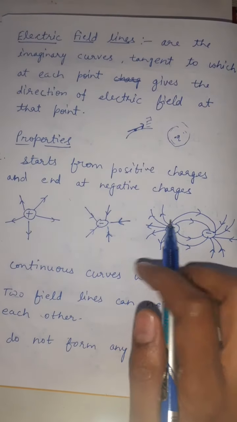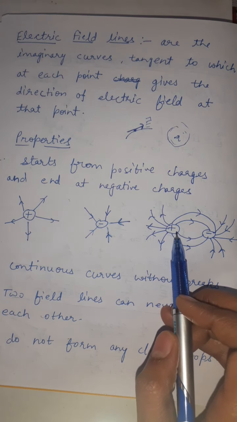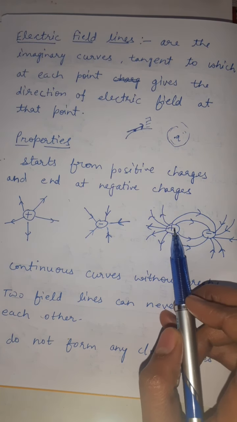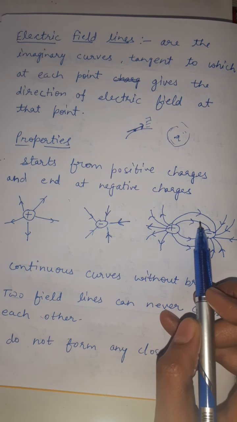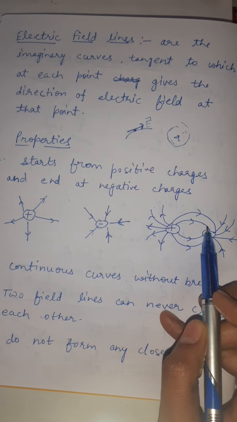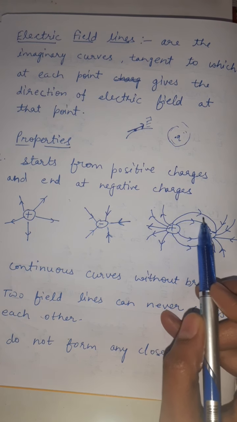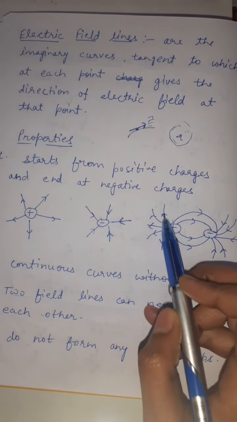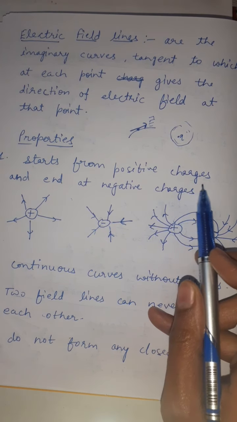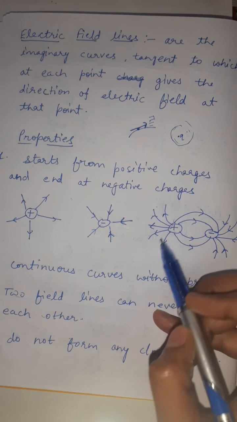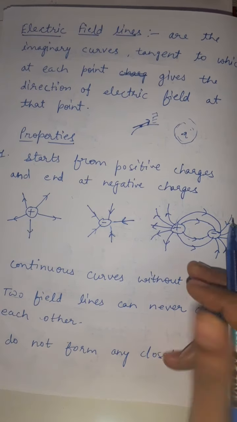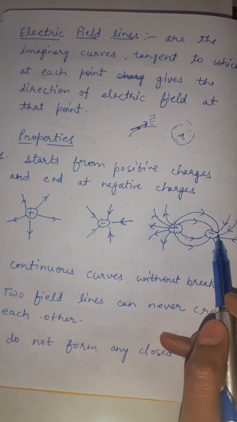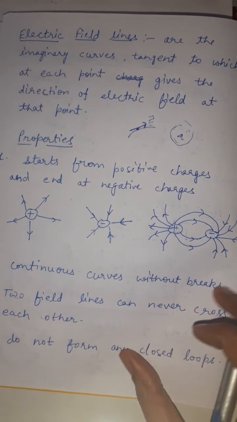But if there is a group of charges, like I have taken here, plus and minus, they are unlike charges. So how will we draw the electric field lines? The field lines will originate from the plus charge and they will end at the negative charge. Similarly, like this, this, this. And here, as the electric field lines become very large, they will be like this only. So the electric field lines always originate from the plus charge and always end at the minus, negative charge.